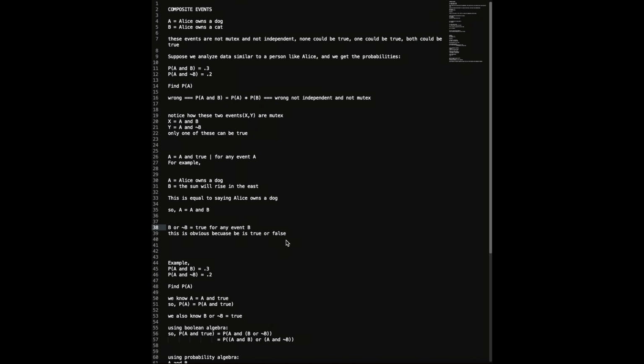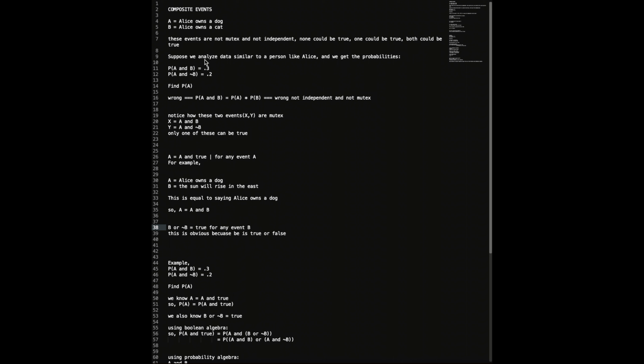Alright, so this is going to be a video on probability of composite events. Let's say we have two events. Event A is Alice owns a dog, and event B is Alice owns a cat. Now these events are not mutually exclusive nor independent. One could be true, both could be true, neither could be true, and they don't necessarily influence each other, but